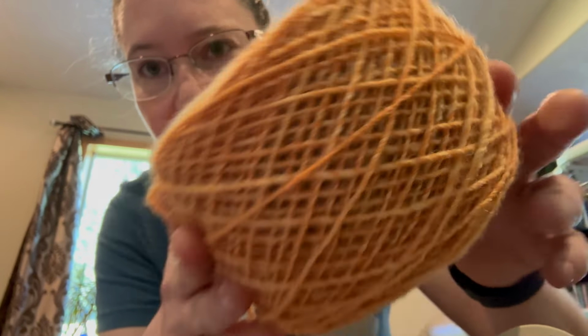But when I spun from the fold, I did not, is attenuate the right word? I did not attenuate the fiber. I didn't pre-draft, if you will, because it's a staple length, but it was the whole entire braid. I don't know if I'm explaining this well, but it was really dense. So I don't know if that made a difference. I mean, the resulting yarn is nice and airy,